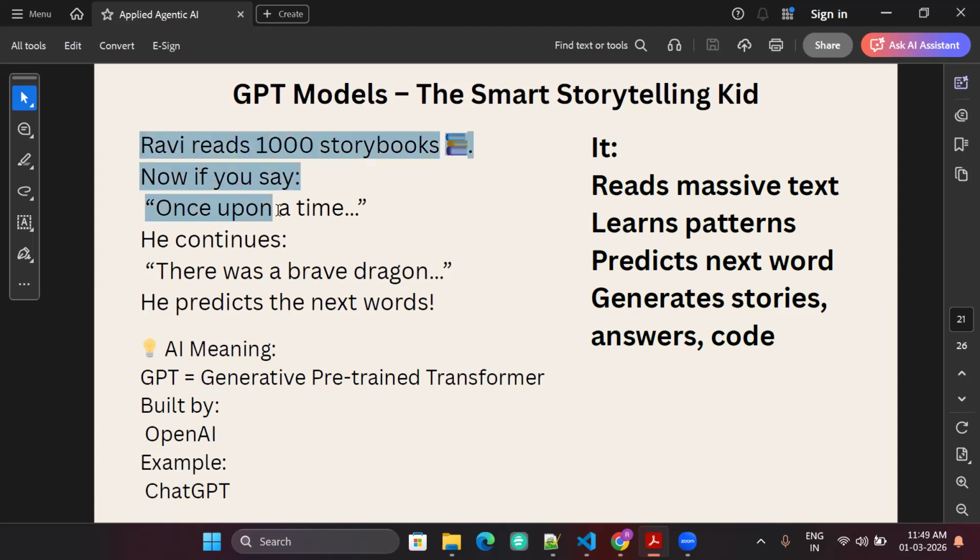This particular one only read stories, but if it reads stories, science books, coding GitHub repositories, all the tweets, all the news articles or general knowledge, then you can say it's a smart encyclopedia. And that's what GPT is today. It's a huge model. Same with Gemini, which is also a huge model. Anthropic's Claude is tuned a little bit more towards better coding compared to the others.